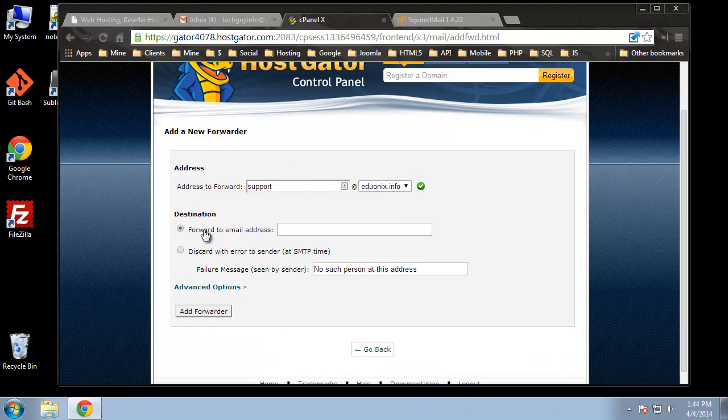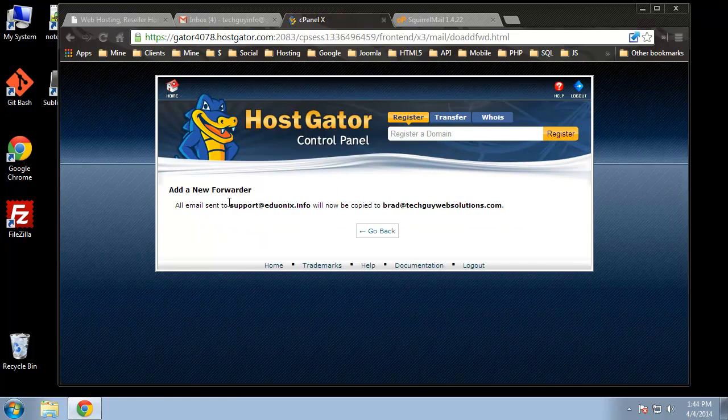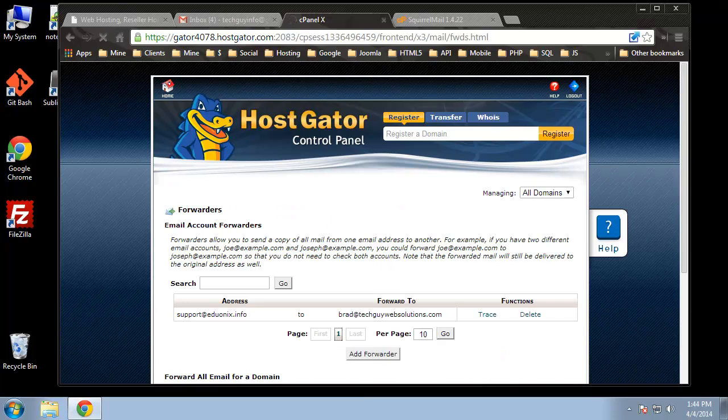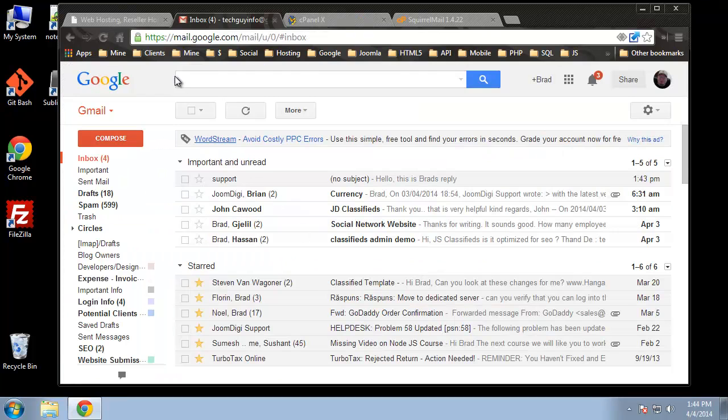And then we want to forward it to the email address. So I'll click Add Forwarder. Now when email is sent to this address, it should be sent to this as well. So now that's how we can receive mail to our Gmail account. Now, what if I want to send it? If I want to send mail with that